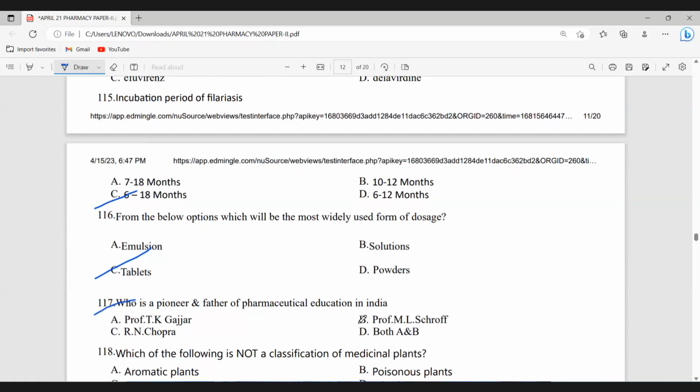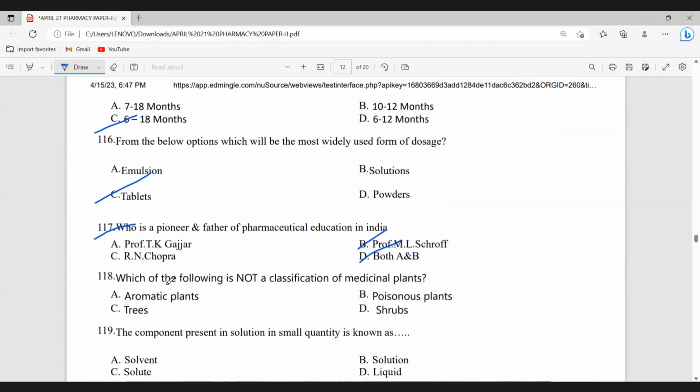Both A and B are correct. So option D is correct. And 118. Which of the following is not a classification of